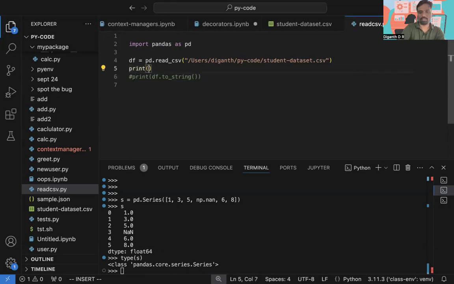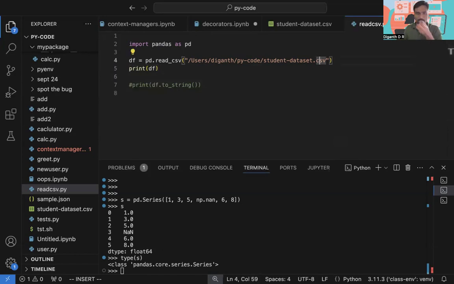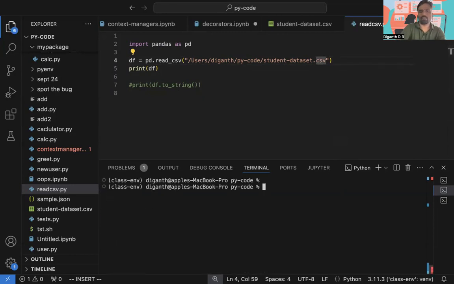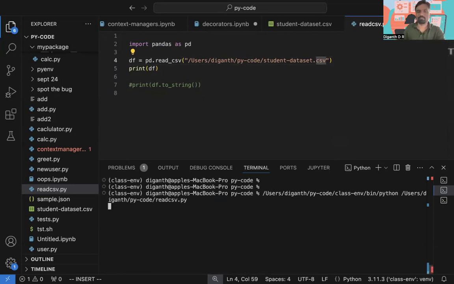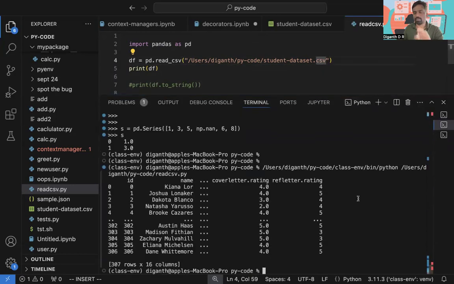I'll print just df so that let's try to understand how it outputs. Sorry, let me get out terminal. So you can look at the output. Now we understood what is a series and what is a data frame. A data frame is just like an Excel sheet. There are series inside that because each row is a series. If you look at this particular output,